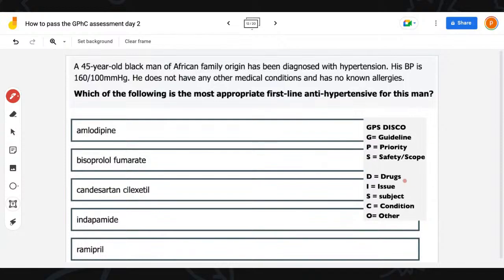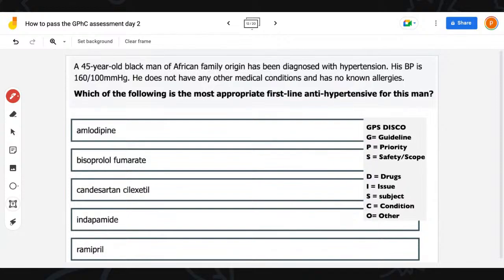Because according to your guidelines, it's an analysis question, because there's an age, it's a man, Black African, they've given you more details. But this analysis is still a little bit like a recall question because the scenario is not that long. It's referring to your guidelines, which is GPS. So all of you that went for "I'm not the pin," that is correct. This is a GPhC question, and you will get many questions in your exam that are this direct, guys.